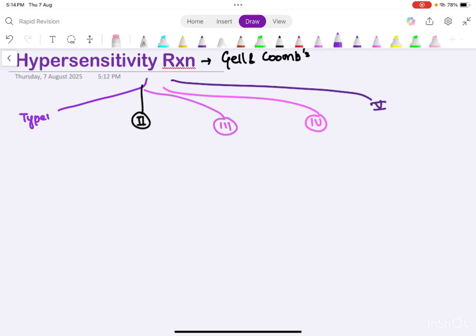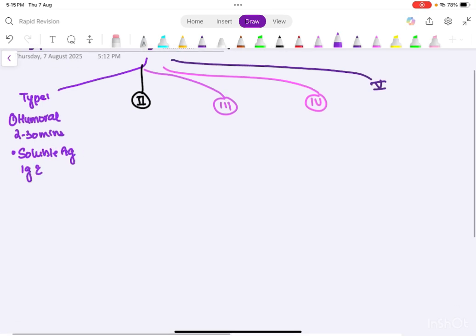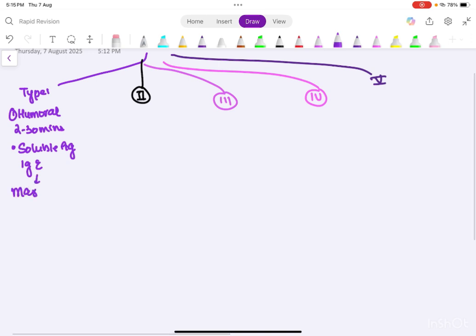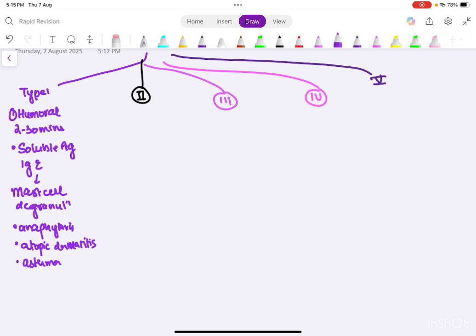Starting from type 1, we'll discuss all of them. First we'll discuss only type 1. In type 1, it is humoral and it basically takes 2 to 30 minutes. In this you have a soluble antigen and you have your antibodies like IgE, and basically it leads to mast cell degranulation. So basically this is more like an allergic reaction like anaphylaxis, atopic dermatitis, then asthma, then